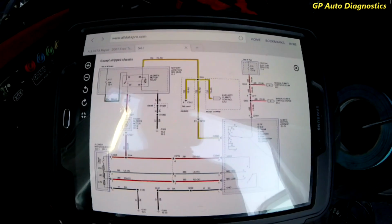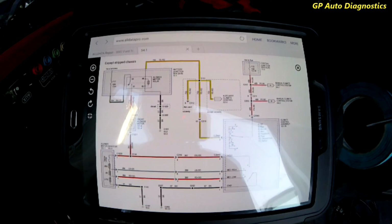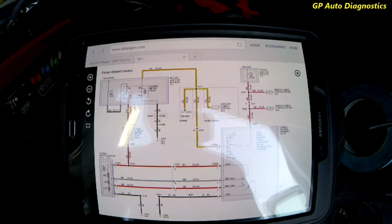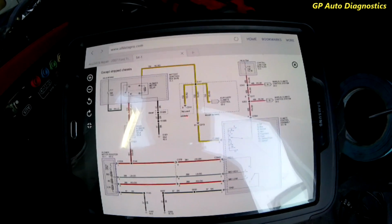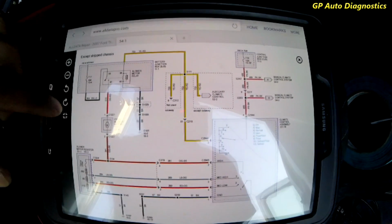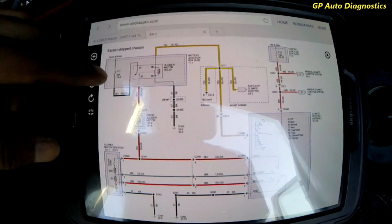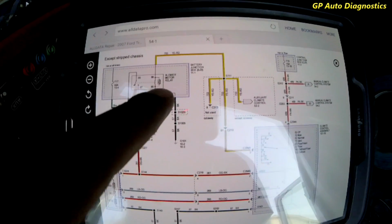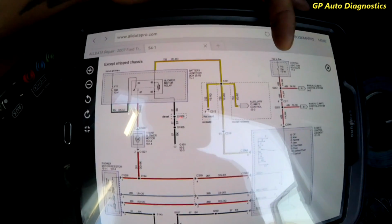All right. So the first thing we want to do is, I pulled up a diagram, and we want to look at the circuit for this HVAC system. Looking at this, we can see we have a couple fuses here that we should be checking. There's a 50 amp fuse in the junction box, probably under the hood, and we have a blower motor relay here. Also, we want to check a 15 amp